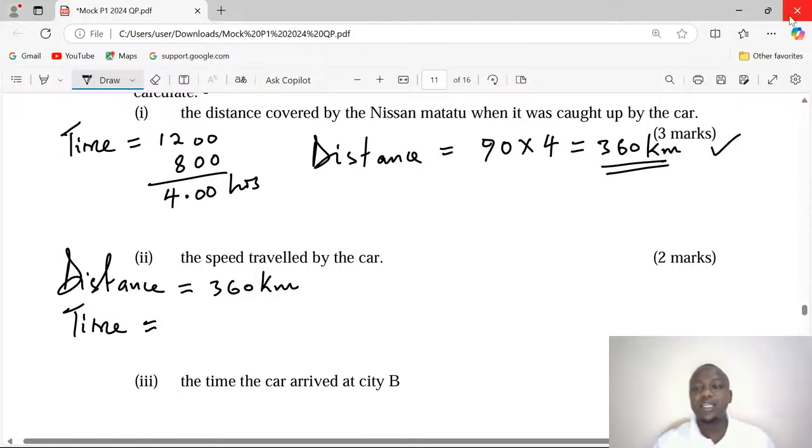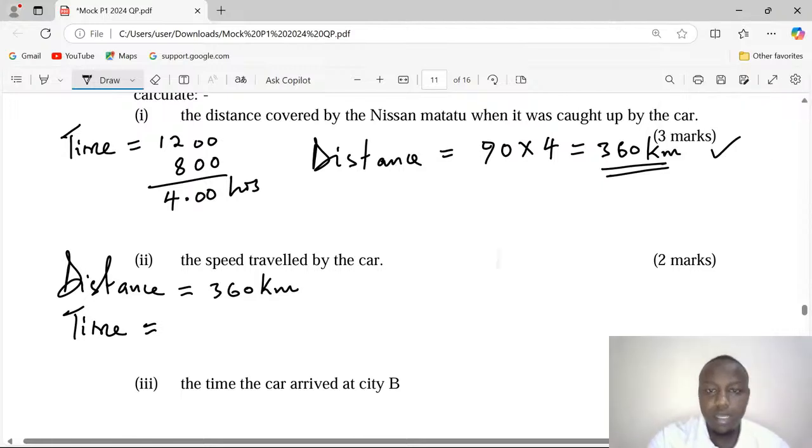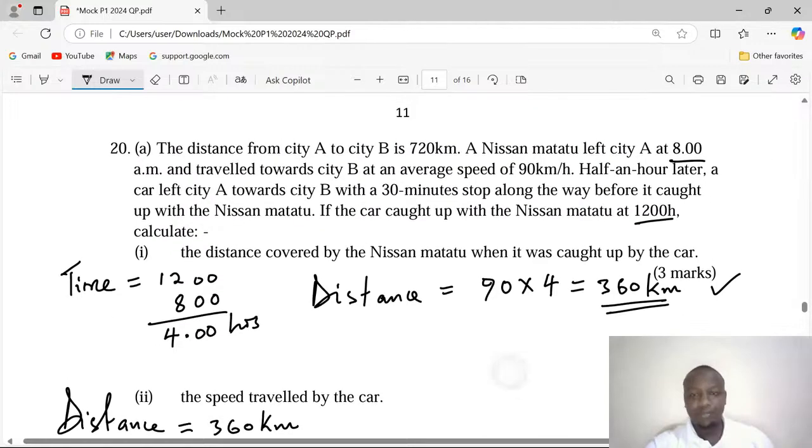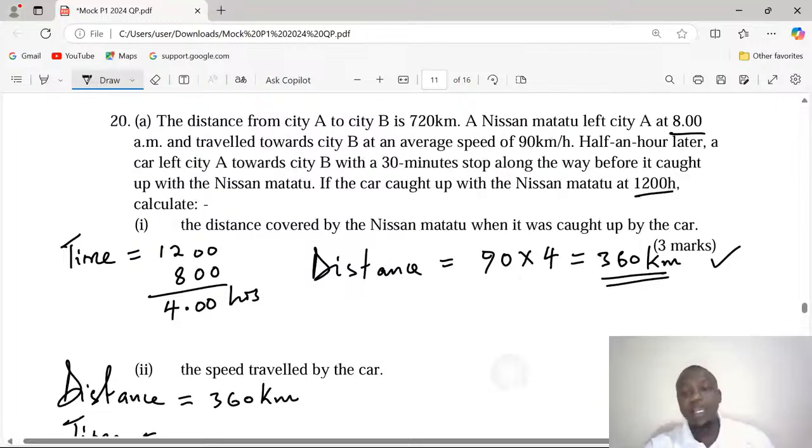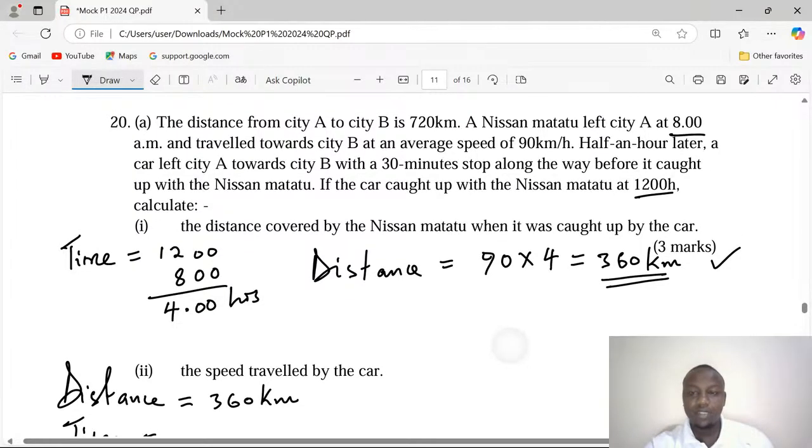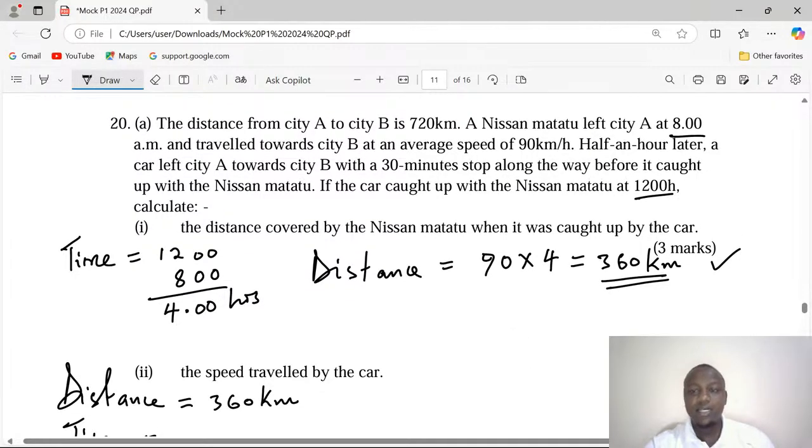But the time the car is taking to cover all this is going to be, it began the journey 30 minutes later. So the car began at 8:30. That is a half an hour later, 8:30. And again, along the way, before catching up with the Nissan Matatu, it is stopped for 30 other minutes, which means it was moving the time it was moving is